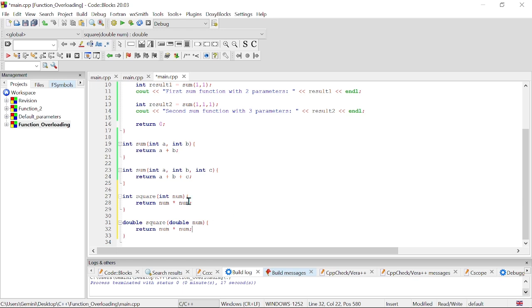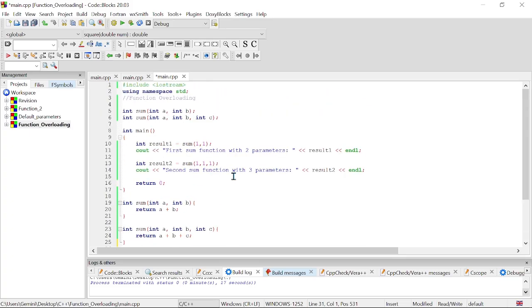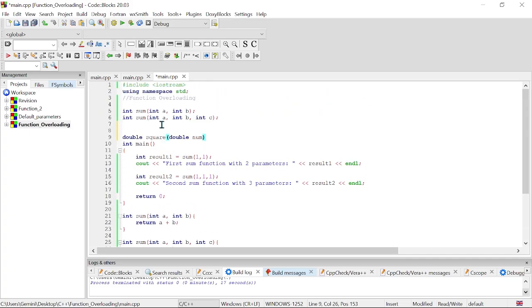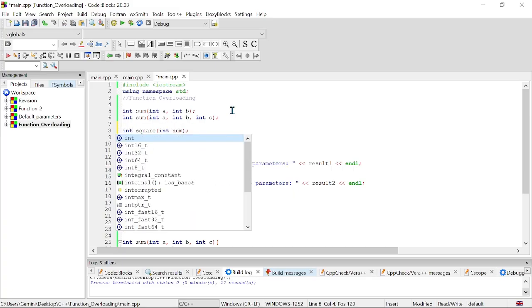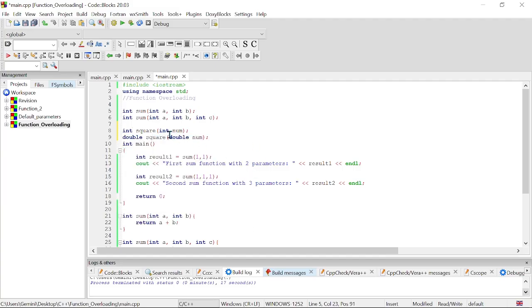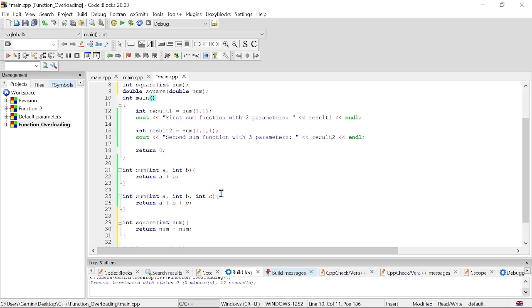All right, so let's do our function prototype up there. If not done for both of them, we can do this here, and then the int. So let's do int here and another int. All right, so this time around, this is taking an integer argument, and this is taking in a double argument. All right, so let's come into our code